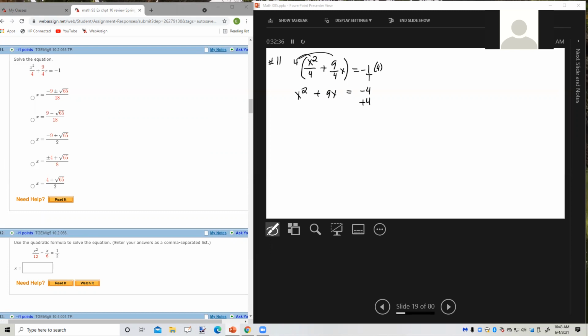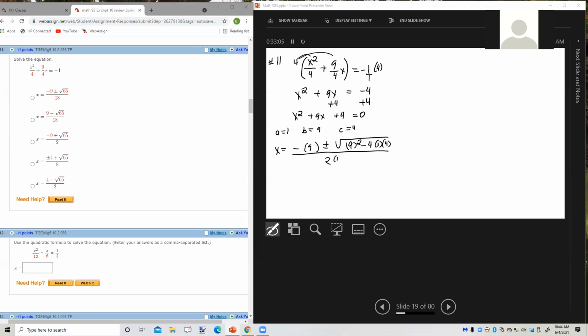Next thing I'm going to do is get everything on the left side of the equation set equal to 0 on the right side of the equation. So now I'm ready to use the quadratic formula. A equals 1, b equals 9, c equals 4, x equals -b plus or minus the square root of b squared minus 4ac